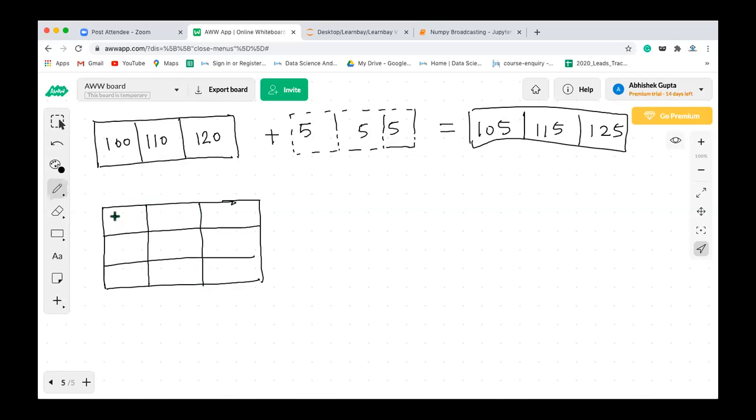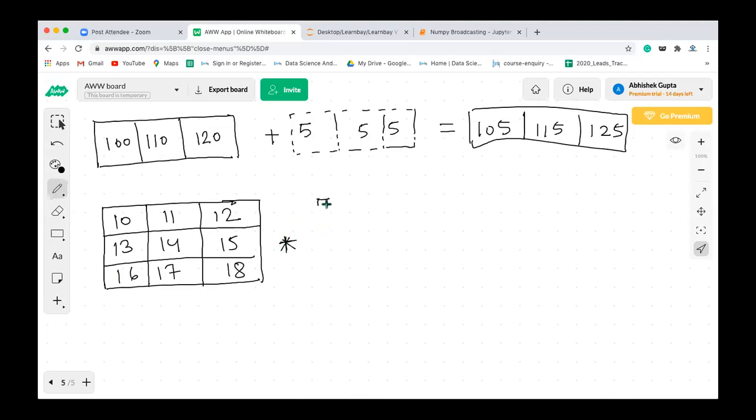So here you have, let's say 10, 11, 12, 13, 14, 15, 16, 17, and 18. The shape is 3 cross 3. You are multiplying with a scalar quantity. Let's say you are multiplying it with a 5.